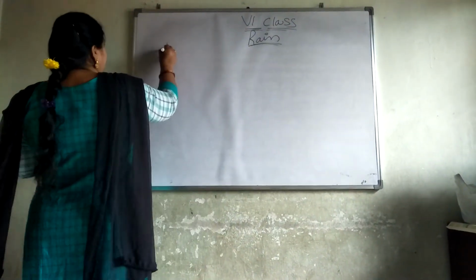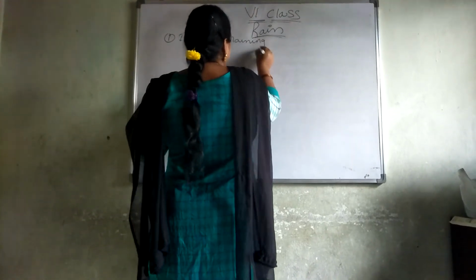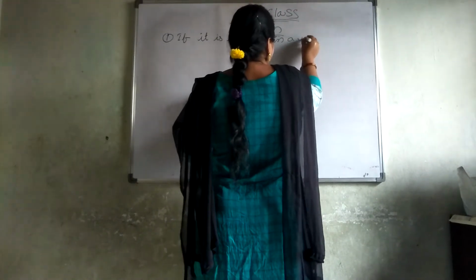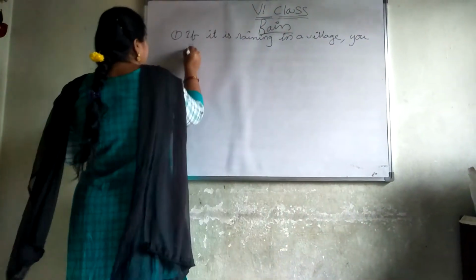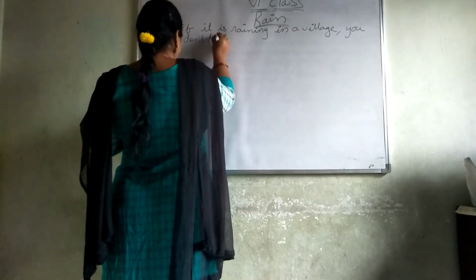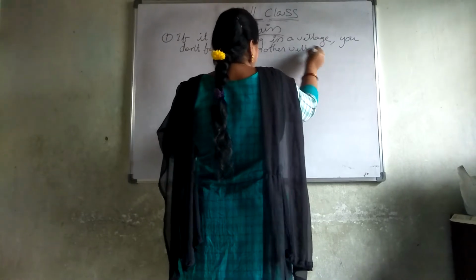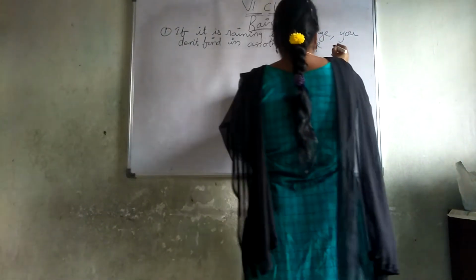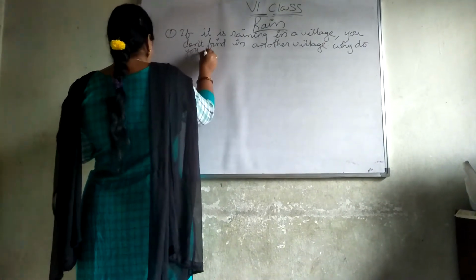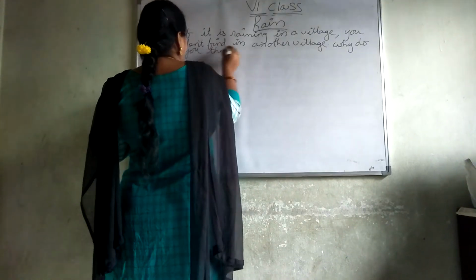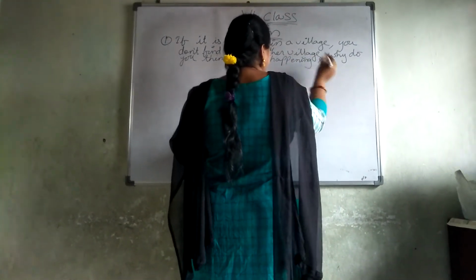The first question is, if it is raining in a village, you don't find it in another village, why do you think it is happening so? So for this answer,